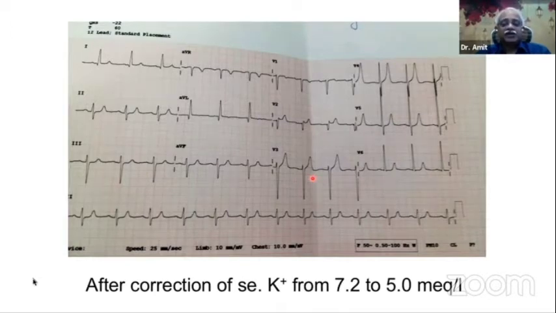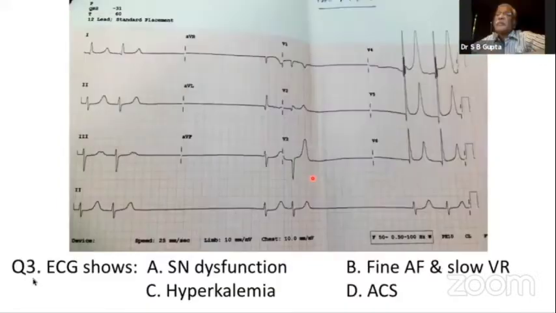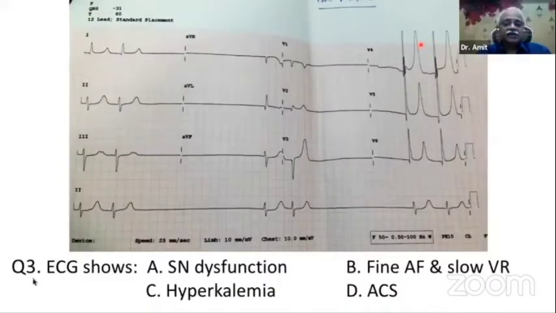So hyperkalemia can have many changes. The first change which we often see is the tall peaked T wave. Second is bradycardia. Third is widening of the QRS. Fourth is depolarization meets repolarization, meaning thereby the QRS becomes wide, it merges into the T wave, and the ST segment gets completely lost. Then absence of P waves, no P wave, and eventually a sine wave kind of rhythm may happen. So depending on the severity of hyperkalemia, you will have various grades of hyperkalemic changes on the ECG.